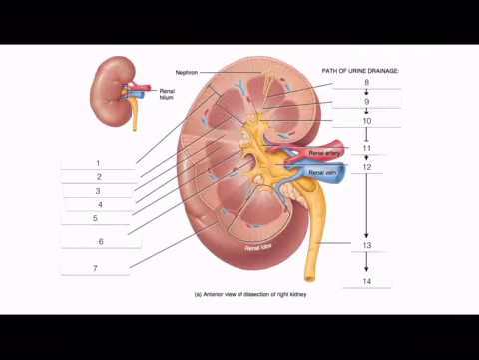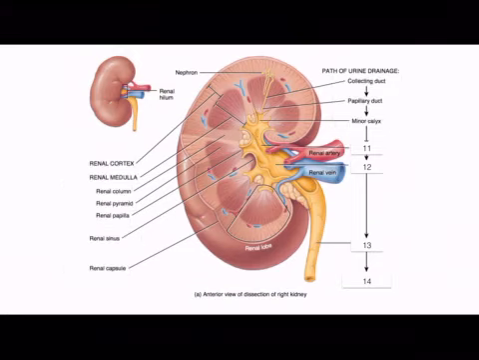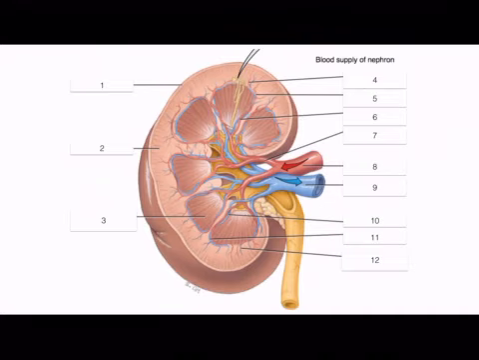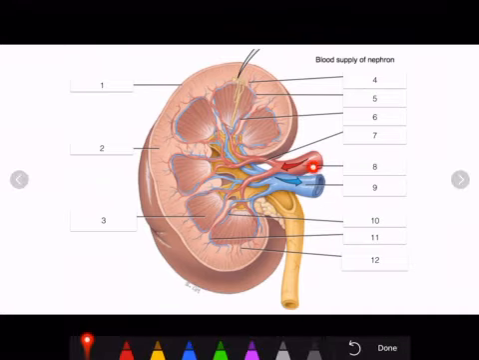We're not going to go through this, so pause this, have a guess. I'll skip ahead to the next one because that's the blood supply, basically. In a nutshell, it's renal artery, right? Segmental, interlobular, arcuate, cortical radiate, or radiate cortical,